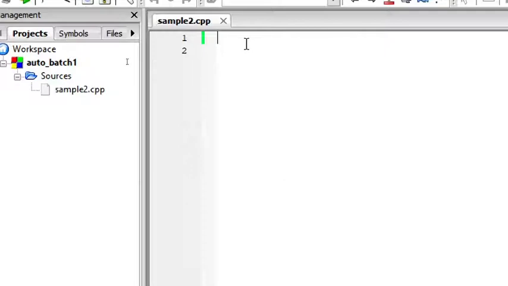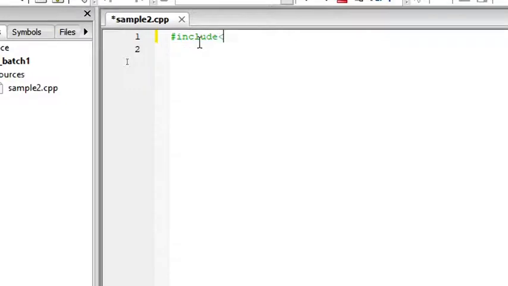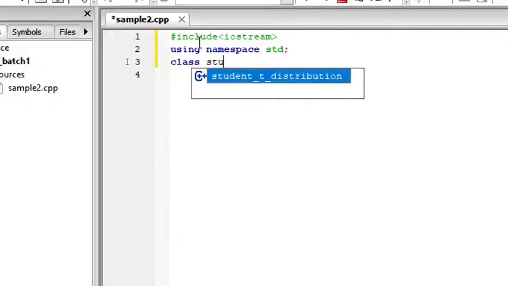Alright, we're ready to go. So let's start. Header file hash include iostream, and then using namespace std. Create a class. Let me say stu as a class name.